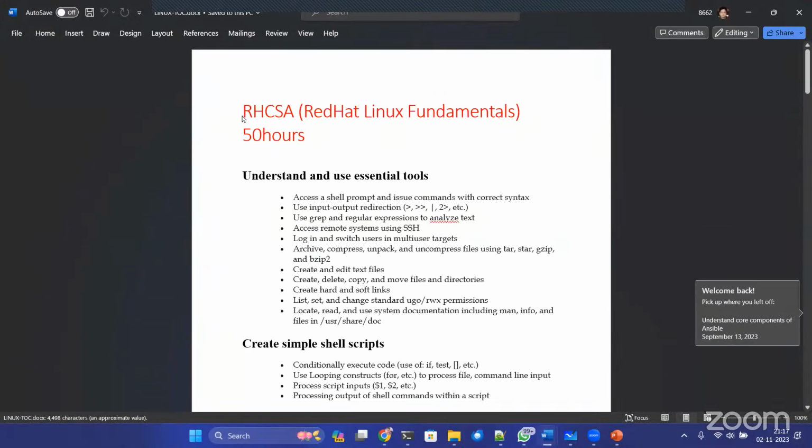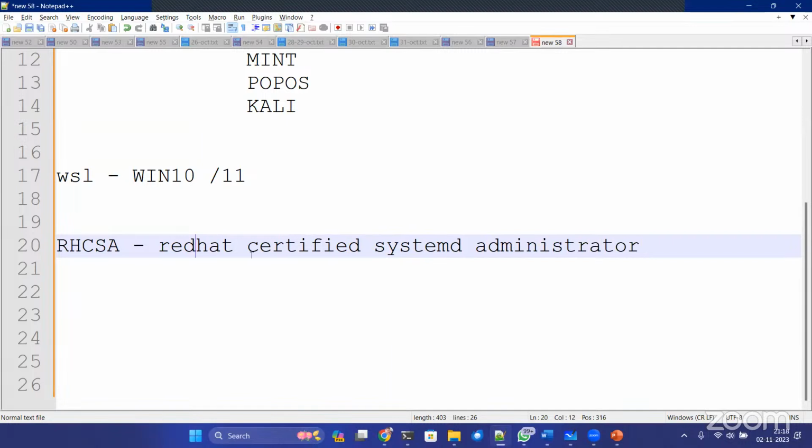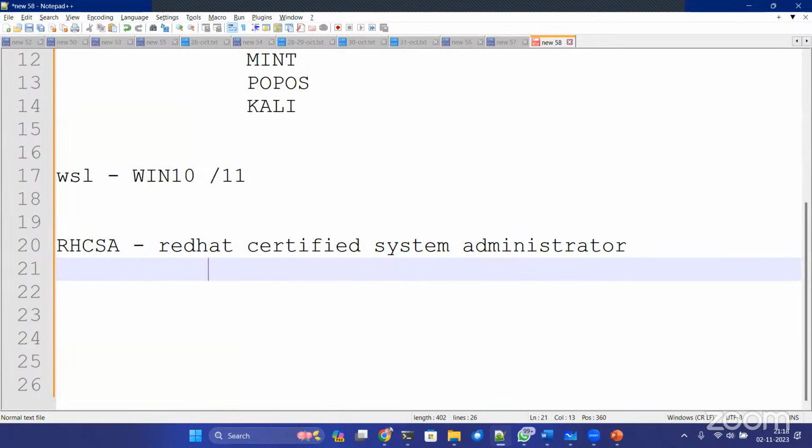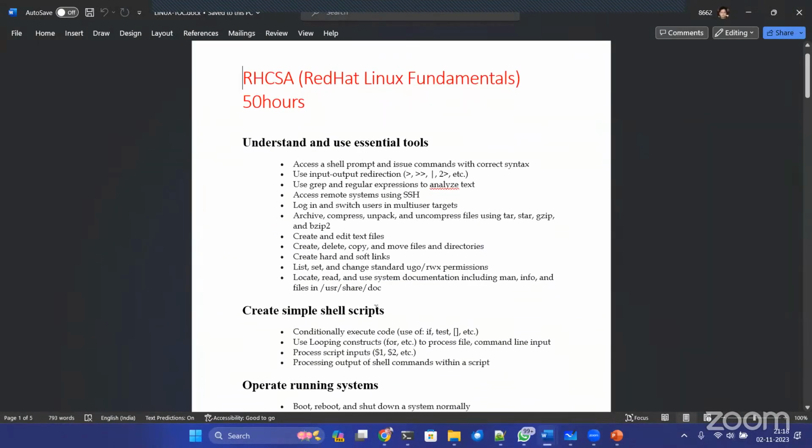Okay, so the RHCSA exam is the first level of exam in Red Hat Linux. If you want to prove that yes, you are ready as a system administrator, just clear the RHCSA exam. RHCSA stands for Red Hat Certified System Administrator. As a Red Hat Certified System Administrator, you will be supposed to work on these points. What are these points? Number one,